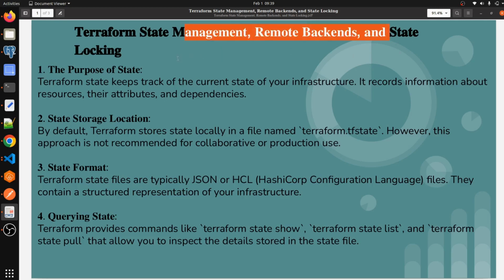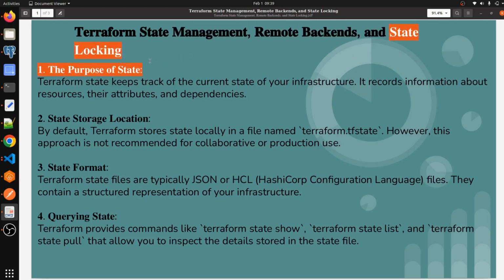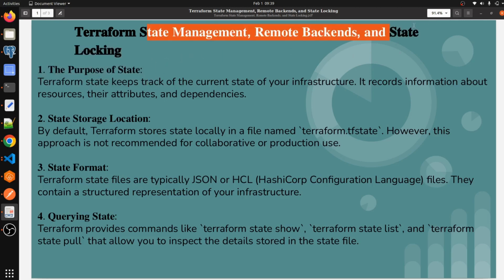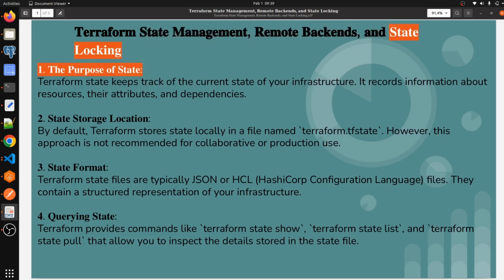And what is state locking? Okay, now what is state locking? State locking is a feature that helps us avoid the corruption of the Terraform state file.